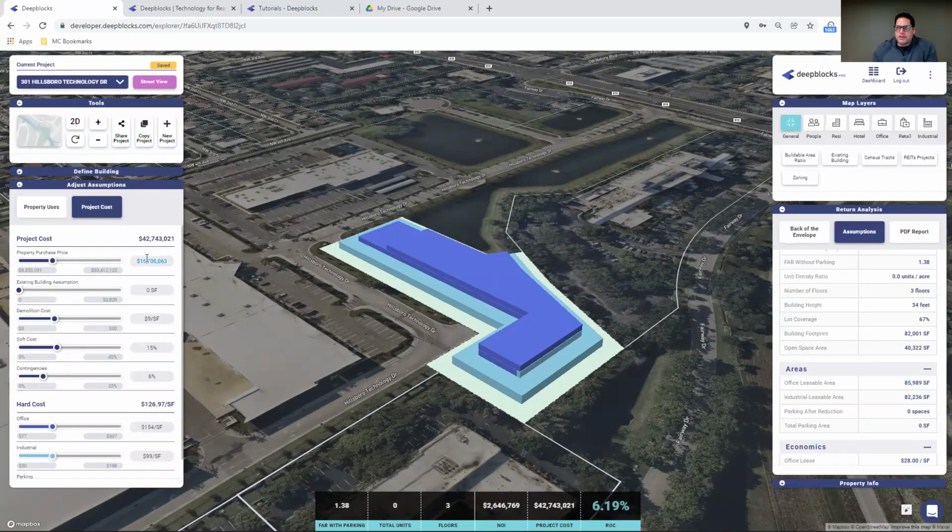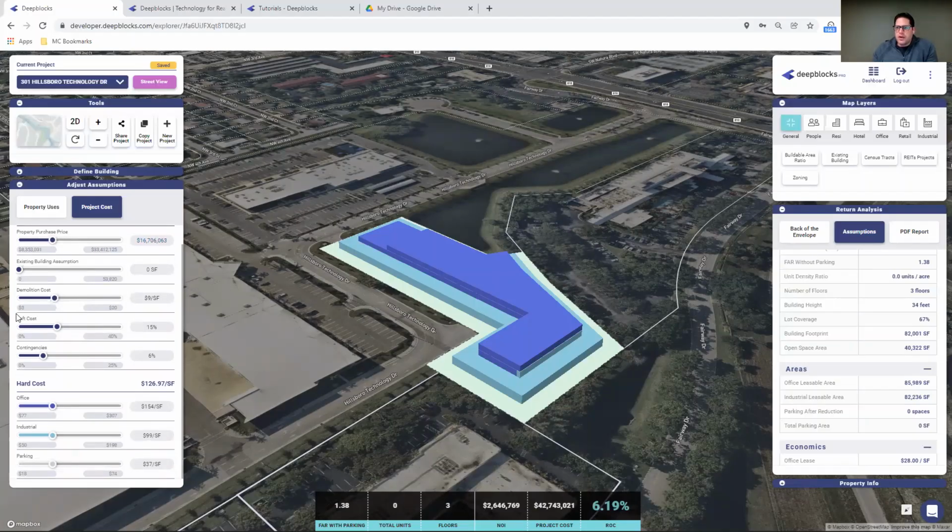Now we can go on the project cost side. As you notice, you can adjust the purchase price. We can look at these different types of costs. It's a soft cost, a percentage of the hard cost. Maybe we can do 12% of the hard cost. Same with the income, we can adjust these, as they are submarket values that we are pre-populating this with for this particular census tract in Deerfield Beach, Florida. But again, we always leave everything adjustable. If you feel that you might be able to do a little bit better than 154, maybe you could do 150. And maybe we can do 95 per square foot for industrial.